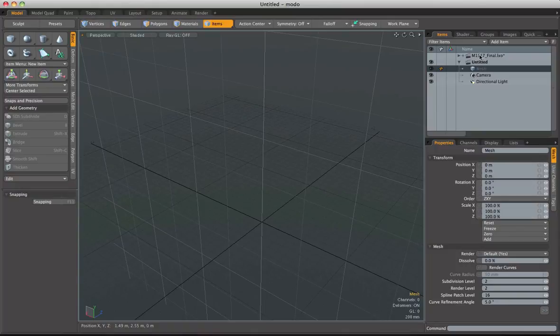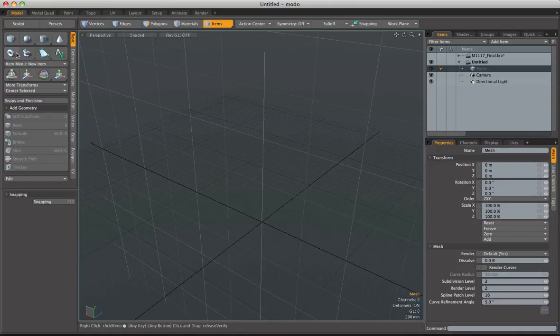And as you can see, we can actually have multiple scene files open at once within MODO. You can view more than one scene at once as well, just by toggling on the eye next to it. But in this case, I just want the blank default scene. Now, I'll quickly show you another way of creating brand new mesh layers inside of MODO, and that is to